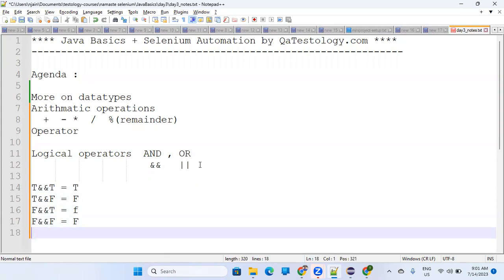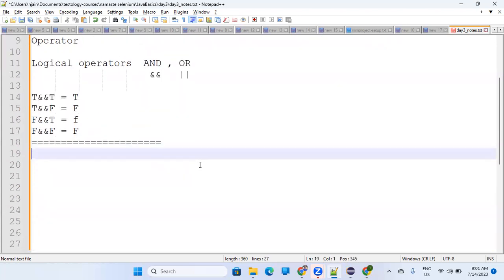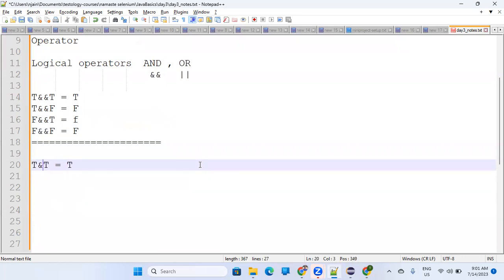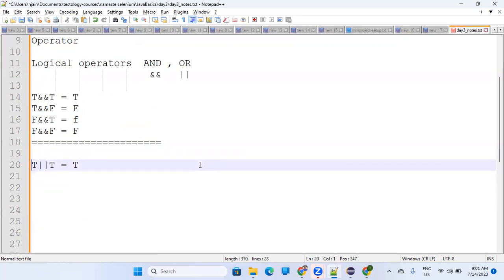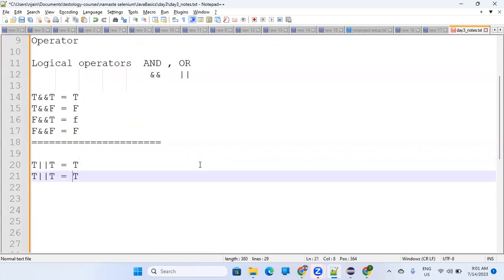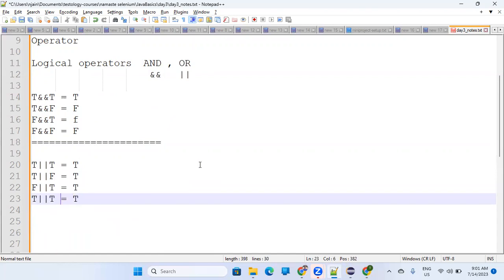Okay. In the same way, the OR operator. What the OR operator says is that one of them should be true for the final value to be true, right? So if both are true, the final answer is also true. If one of them is false, then also it's true. If this is false, then also it's true. But if both are false, F and F, then the final value will also be F. We will see the examples of this